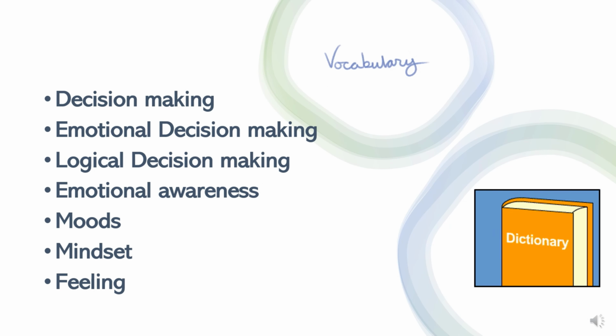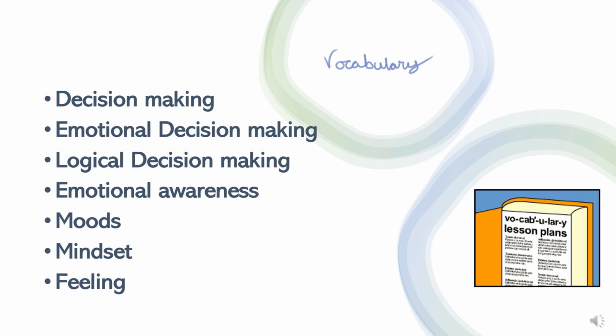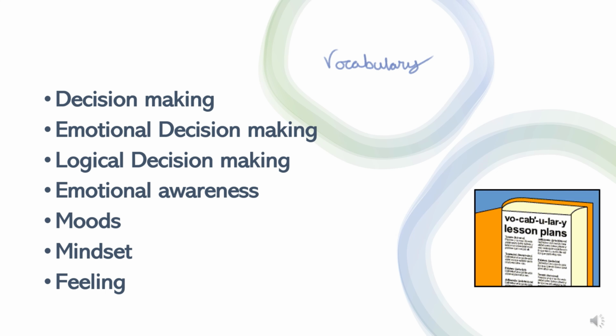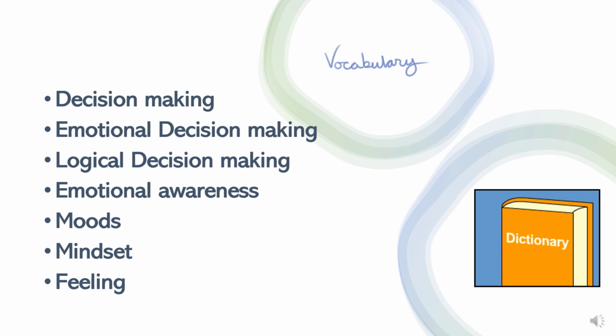To help you understand the concept of this module, here are the lists of terms for your reference. Decision-making is a cognitive process where the outcome is a choice between alternatives. We often have different preferences as to our preferred approach, varying between thinking and feeling. Emotional decision-making is the reactive, and largely subconscious, decision-making that you encounter in heated arguments or when faced with immediate danger. Logical decision-making is the foundation of such decisions as the principle of utility, whereby the value of each option is assessed by assigning criteria.